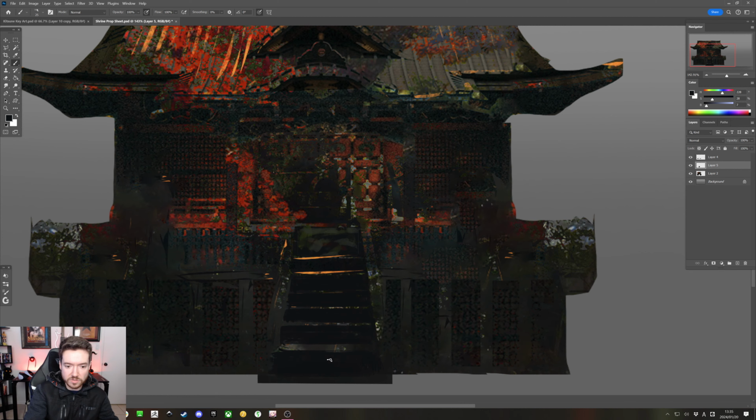Perspective wise, we have to think about how the closer it is to the camera, the bigger the stair. So we're just going to make this bottom one a little bit thicker. There we go. In fact, I may just have this bottom one come off. Yeah, let's do this bottom one